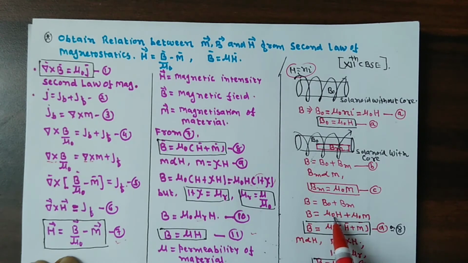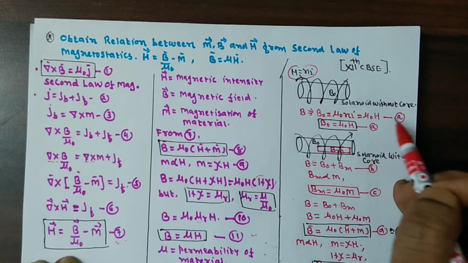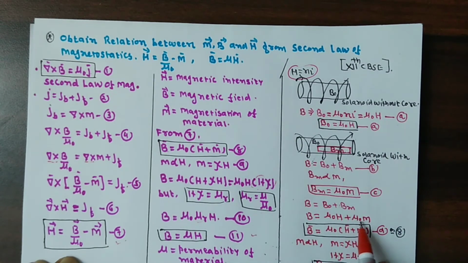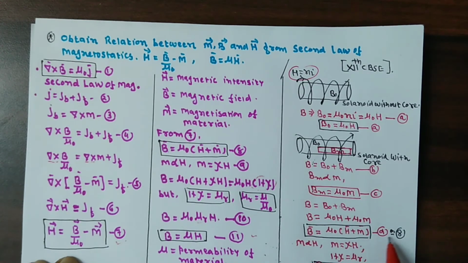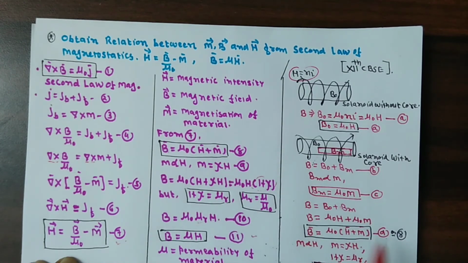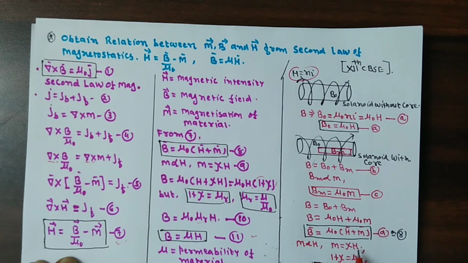So B equal to mu 0 into H, first thing, according to equation number A, plus mu 0 into M according to equation number 6. Place this value. Mu 0 is common, H plus M. It is again this equation D, equal to equation number 8. You know that. Now again you can say M proportional to H, M equal to xi into H. Okay, and again 1 plus xi, same thing, equal to mu r, relative permeability. So B equal to mu H.